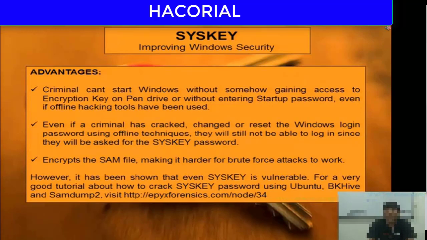The third advantage is that syskey encrypted the SAM file, which made it much harder for criminals to use brute force attacks or rainbow tables attacks to crack the password. So syskey was much better than times before syskey. However, some hackers have found some loopholes in syskey as well. So there's a very good tutorial which I like to recommend to all of you. The website address where you can find this tutorial of how to crack syskey password using Ubuntu, BK Hive, and SamDump2 is available at this website,